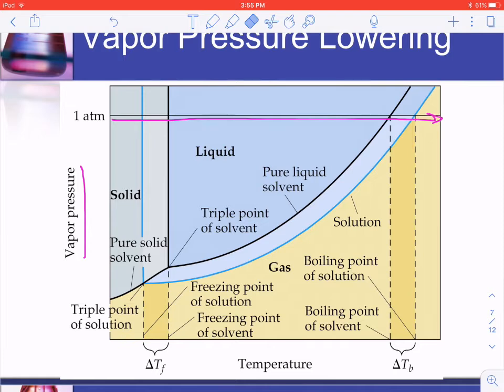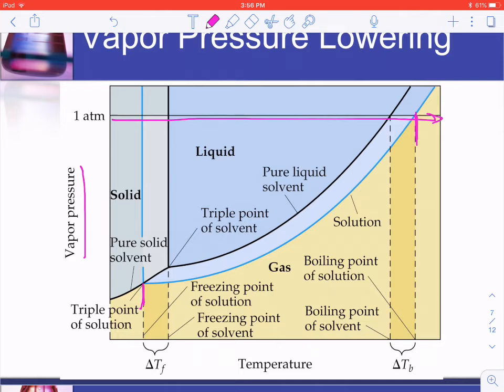So the initial black line that you see, the Y-shaped black line, that black line is for a normal liquid, solid, or gas. But as soon as we start dissolving stuff in it, then we get to the blue line. So the blue line is what happens if we make a solution, if we mix together, let's say, a solid and a liquid. And notice what it does, right? So it makes the solid form at a little bit of a lower temperature at a given pressure. It makes the gas form at a little bit of a higher temperature at a given pressure, and it changes